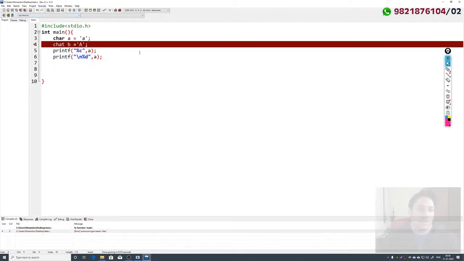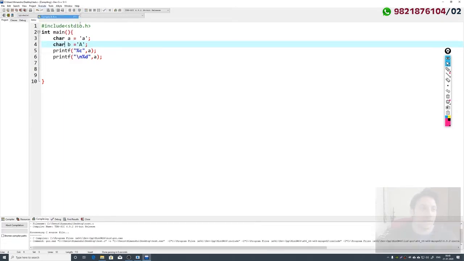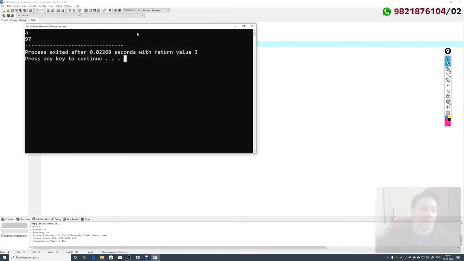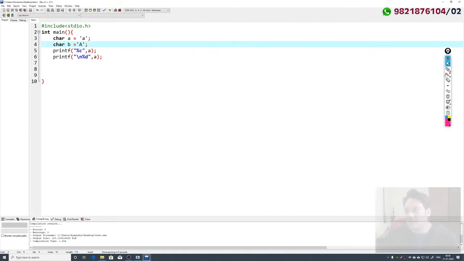So if I execute this program here, you can see for small a, with %c it is printing the value small a, and with %d it is printing the value 97. Now what this means is that for the symbol small a we are storing the value 97.